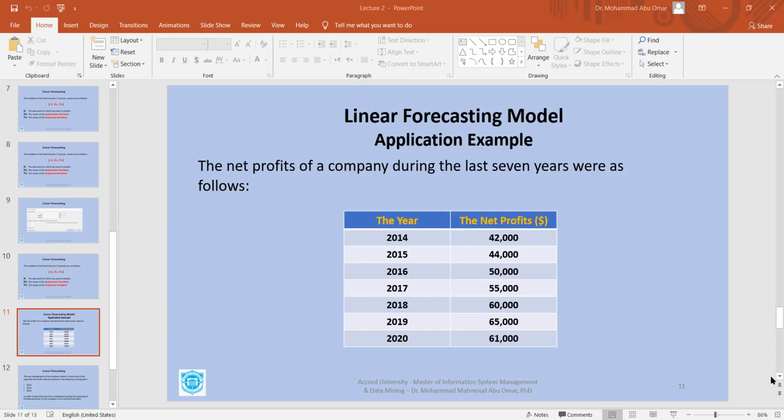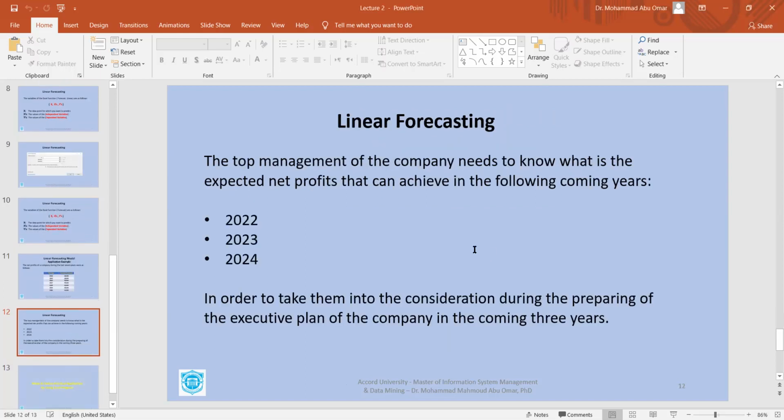Now, the top management of the company needs to know what the expected net profits are that can be achieved in the coming years: the year of 2022, the year of 2023, and the year of 2024. And this is in order to take them into consideration during the preparation of the executive plan of the company in the